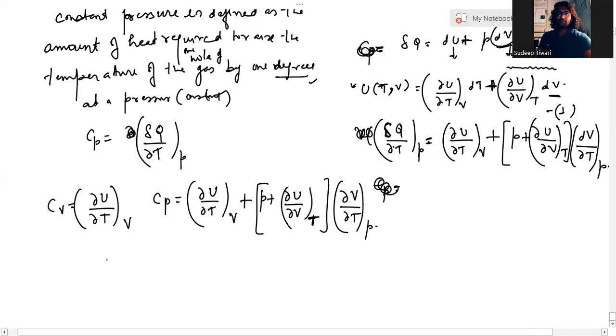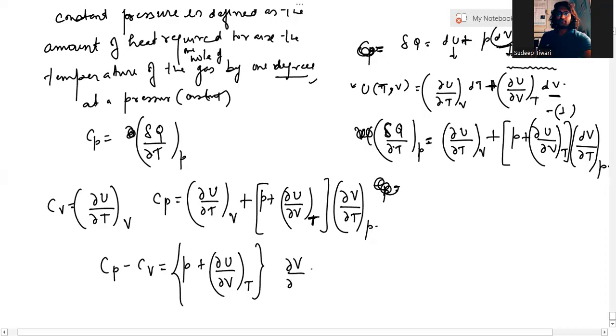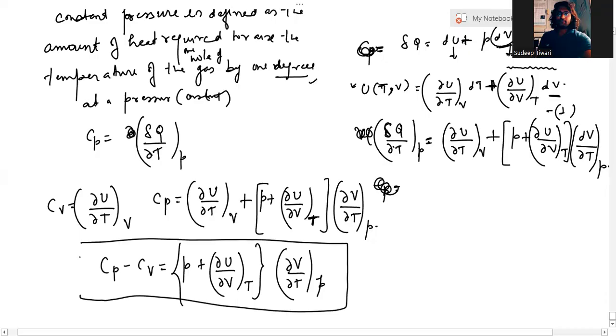Now, what would be my Cp minus Cv? My Cp minus Cv will be P plus del U by del V at a constant temperature, times del V by del T at a constant pressure. This is one of the central themes you should keep in mind. Okay, this is an important equation that you should keep in mind. Now we'll see this case for two different scenarios. One would be